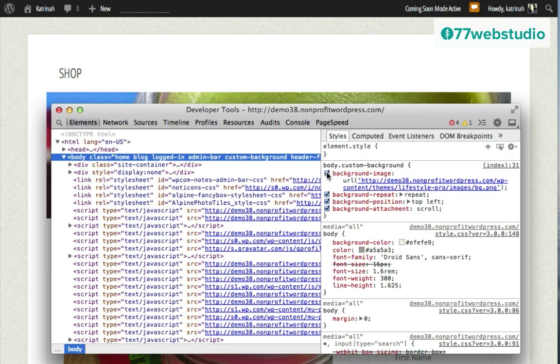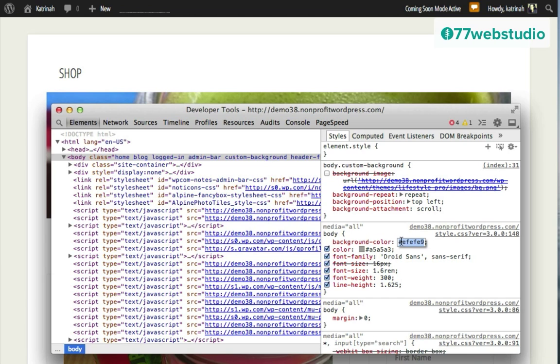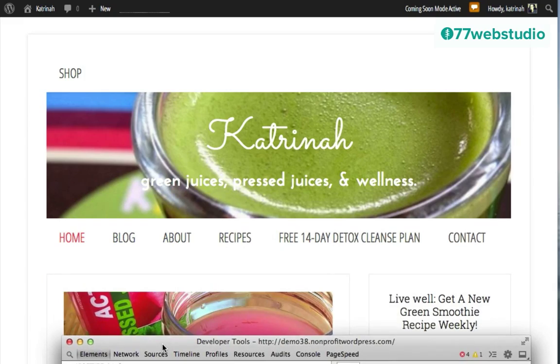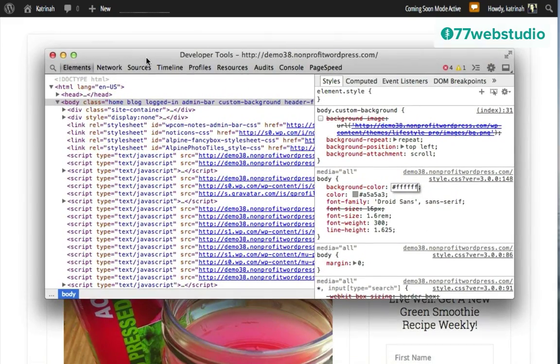So when I take it off by removing it right here, I don't know if you can see it, but it's a lot smoother. It's kind of this cream color, and that is this particular section right here where it says body, and the background color is this EF, which is a cream color. So when I turn that to white by just adding my white color code, now we can see this background looks really, really clean. So I'm going to just memorize this, keep this in mind.